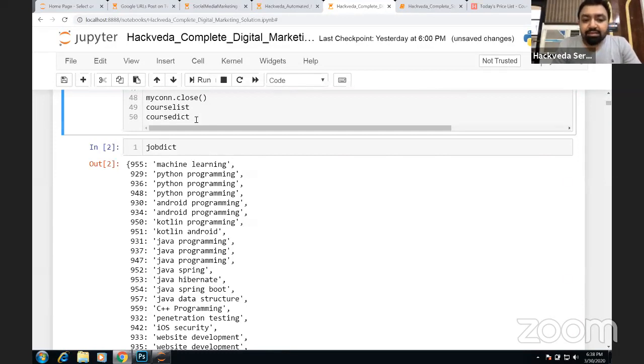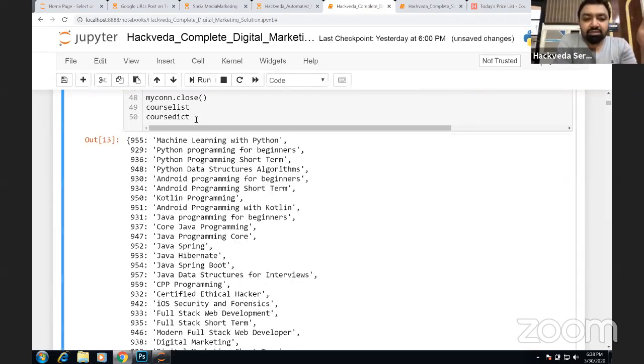Now, when we run this cell, I have used Control Enter to run the cell. A database connection will be made to the server. Whatever product information is available on our database, we are going to extract all that information. So here we have made a dictionary where we are representing two pieces of information. One, the ID of the product, and second, the name of the product. Okay, machine learning with Python, whatever product is available in the database.